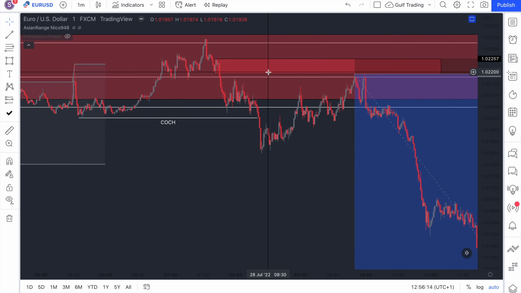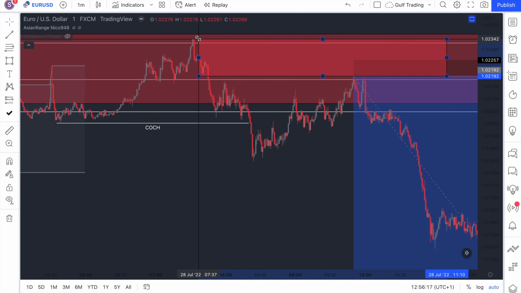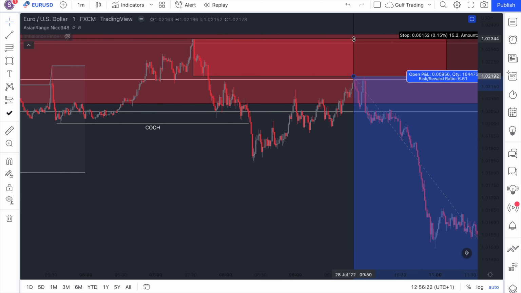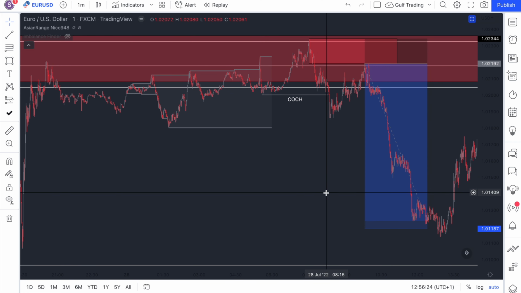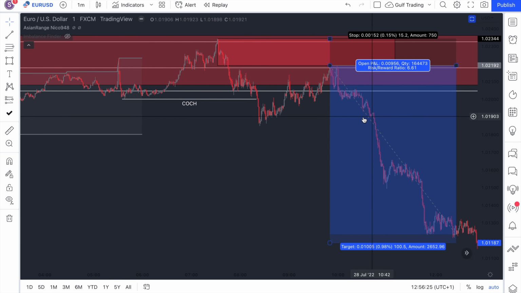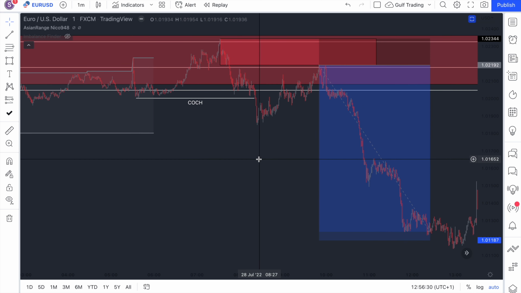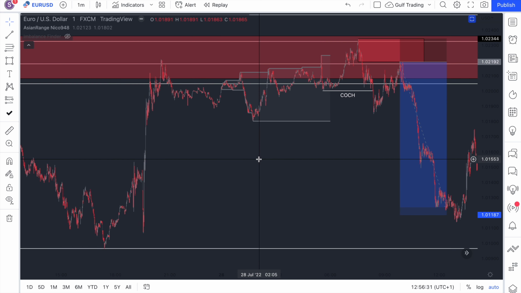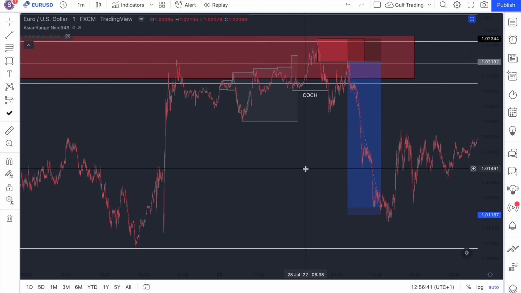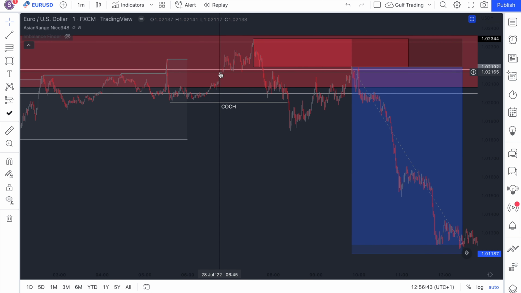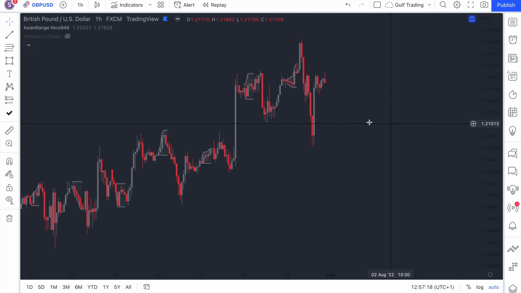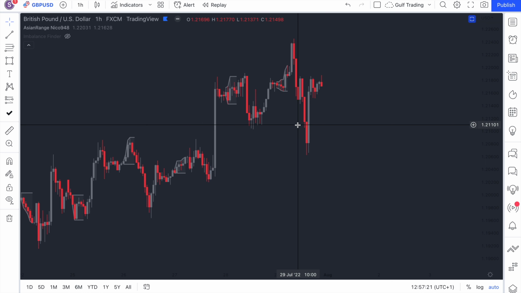So that's how I use this method. Obviously, depending on how you trade, you can have your stop loss up here just to be extra safe. Even that's still 6.5%. Obviously you have a high win rate trading like this, but low risk reward. So it's all about how you like to trade and how you can manage your psychology. So this is how you can use Fibonacci. It also kind of ties in with the Asian session manipulation that I've talked about. If you want to go and watch a video on that, it's on my channel. But yeah, that's how I used it on Euro USD in a past trade,